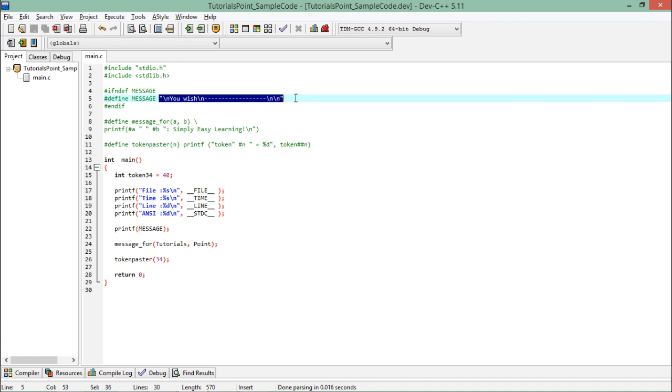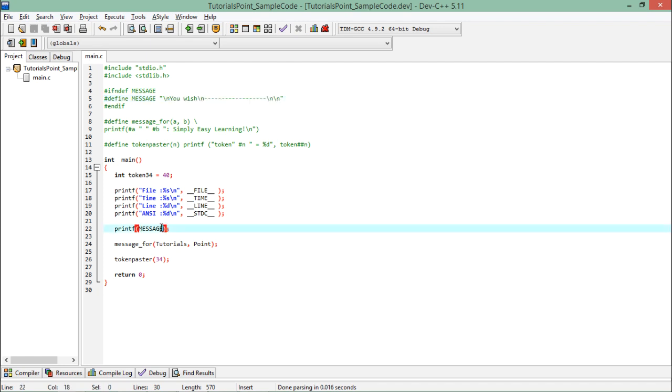When the compiler compiles the code, it will get something like this written inside printf, because a macro just contains a value, and before the actual compilation starts, that macro name will be replaced by the value which we have set inside it. So even though we have passed the name of the macro here, during execution that particular thing will be replaced. Similarly here you can see I'm going to pass a few parameters in another macro called message